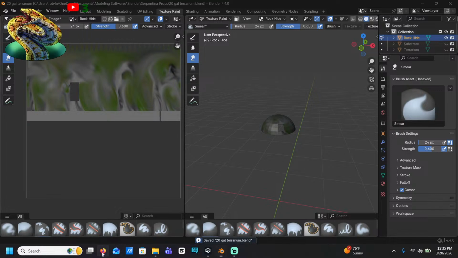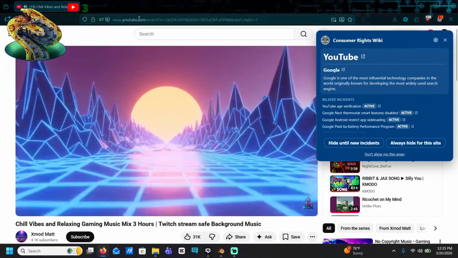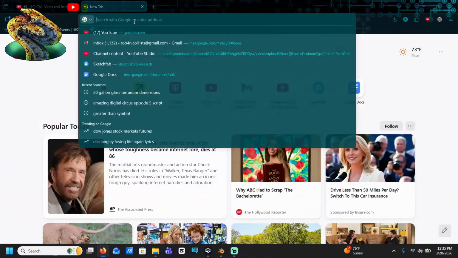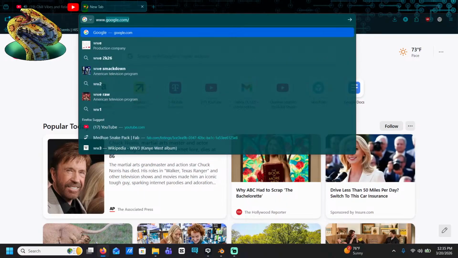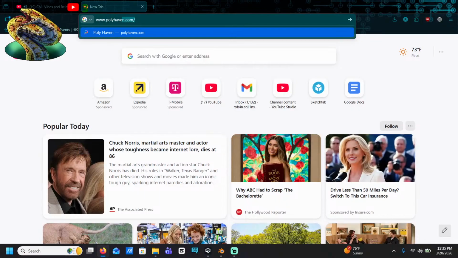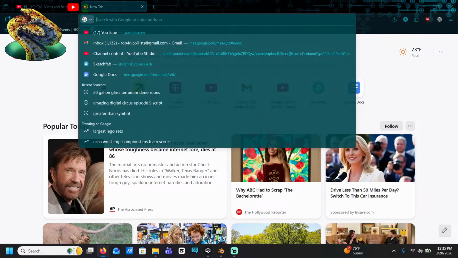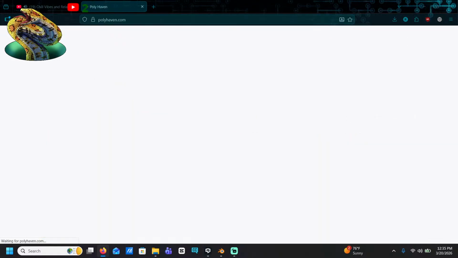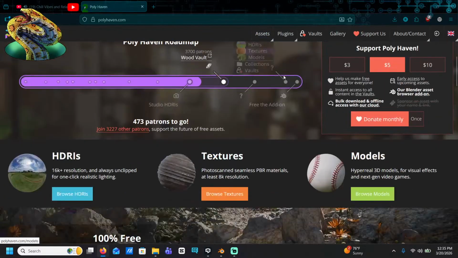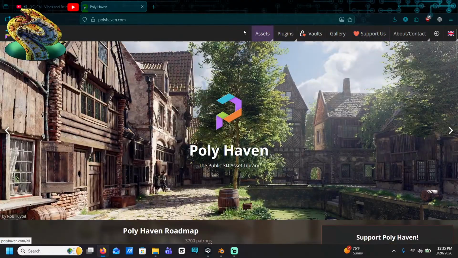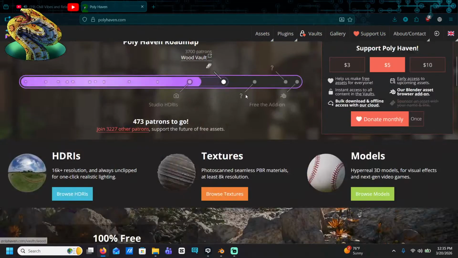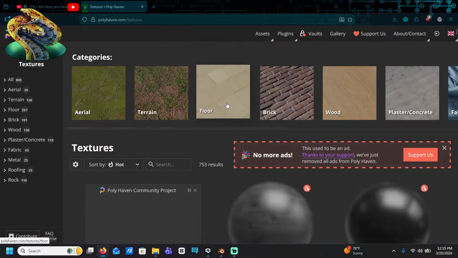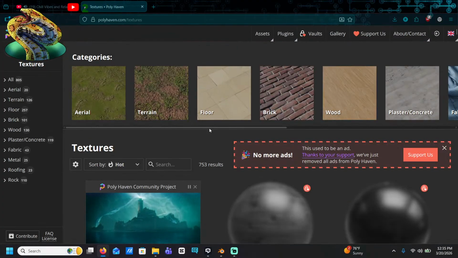Let me go looking on, not there. Let me go, yep. Not really what I wanted. Polyhaven. There. It'll come up under that. There we go. Where did... There it is. Search. Rock!